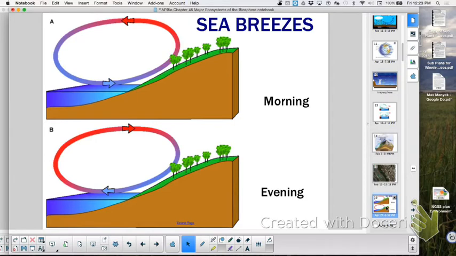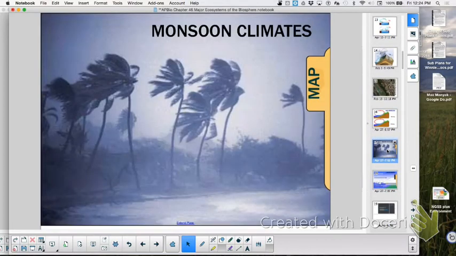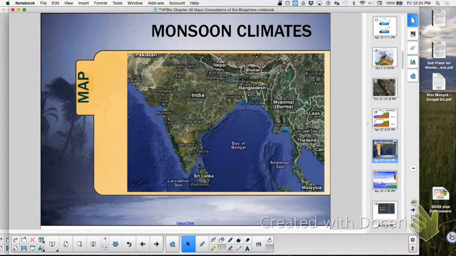So when we study climate, we know it's a result of temperature and rainfall. Then what can influence those things as well? Bodies of water, the topographical features, whether or not you have a mountain or not. All of those are going to come into play. So it makes sense to us then when we look at monsoon climates, when you're in a warm area like India, okay, and you're surrounded by bodies of water, the land is going to heat up, right? And here comes in the moist air to replace it, and you're going to get a whole bunch of rain, and you'll get that monsoon climate.